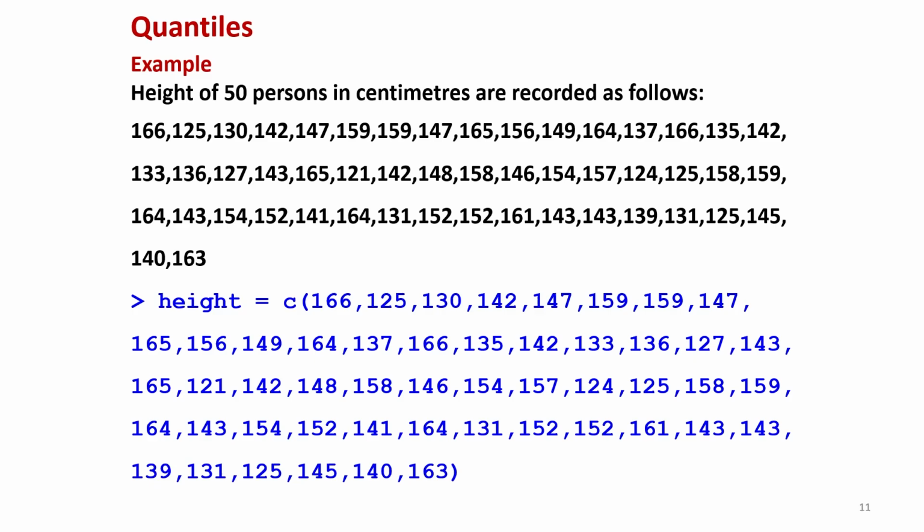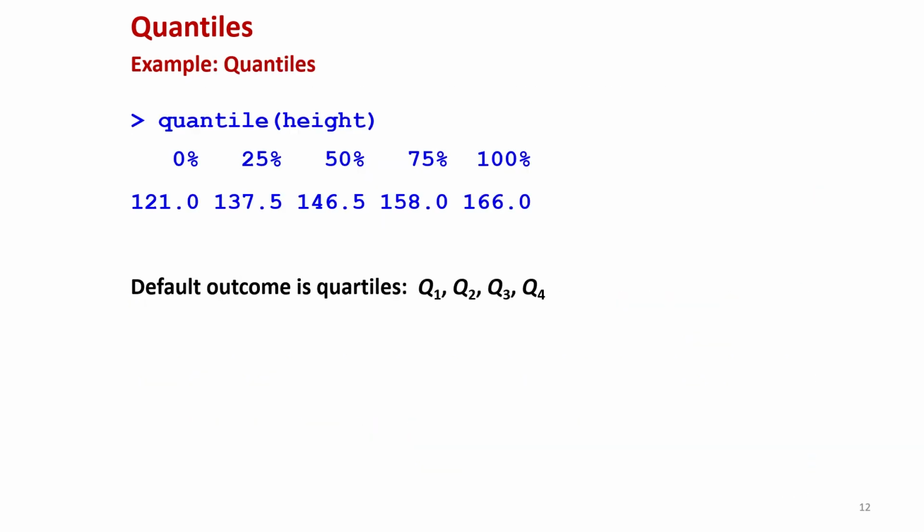So now let me compute these quantiles from a data set to show you how it works. I am using the same data set which I used earlier, where we recorded the heights of 50 people in centimeters, given here as 166 centimeters, 125 centimeters, and so on. I have stored these values in a data vector height. Now if I try to find the quantiles of this data vector height, the function will be quantile, and within parentheses you just write the variable, the height data vector. So this is giving you here